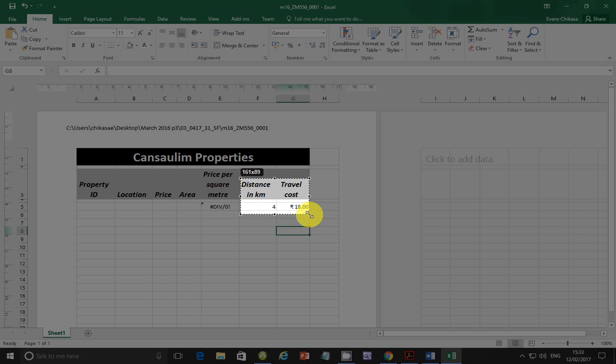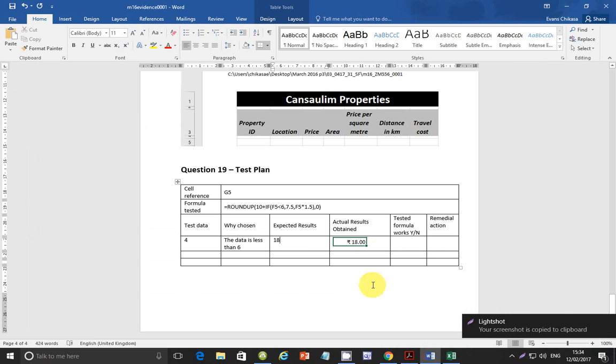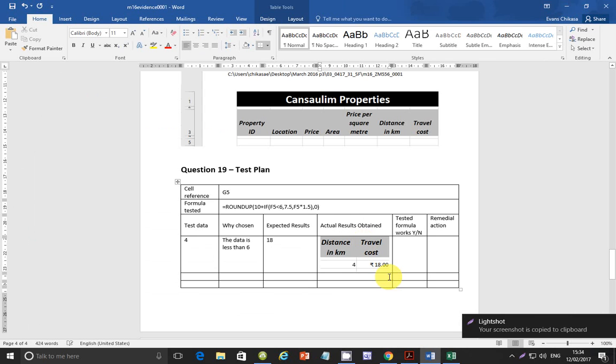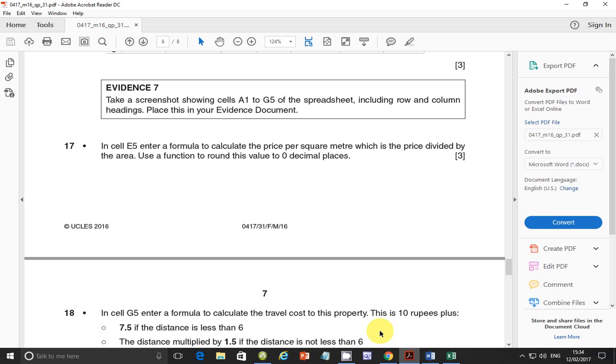Okay, this makes more sense because you are saying, hey, if the distance is 4, and my travel cost is going to be this one, so let's get this one instead of this one. So delete this one and paste in this other one. This one looks perfectly fine, okay, because it's showing the distance and the travel cost as your evidence. Okay, next,